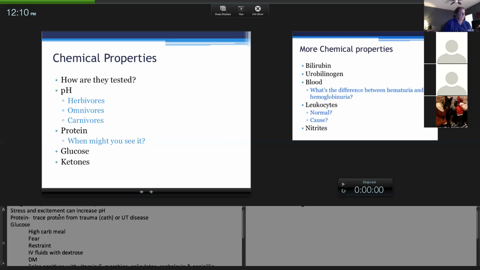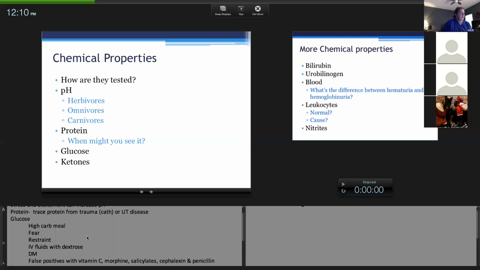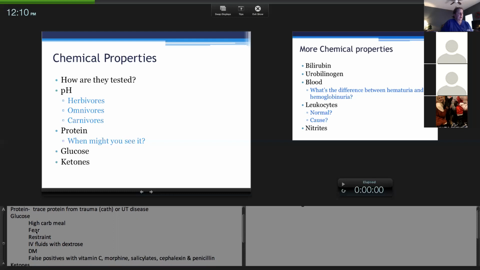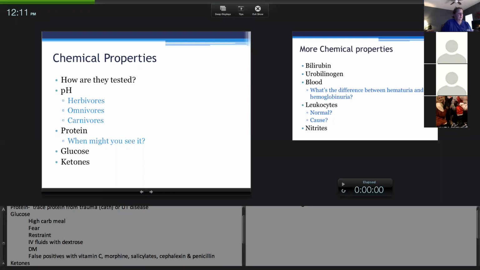So now glucose, normally that should be negative. We don't want to see positive glucose in the urine. There's some notes under here. Sometimes, if they're fearful and with restraint, obviously if an animal is on a dextrose drip, that could trigger a high amount of glucose, but sometimes you can get some false positives with these drugs. But one thing I want you guys to keep in mind,